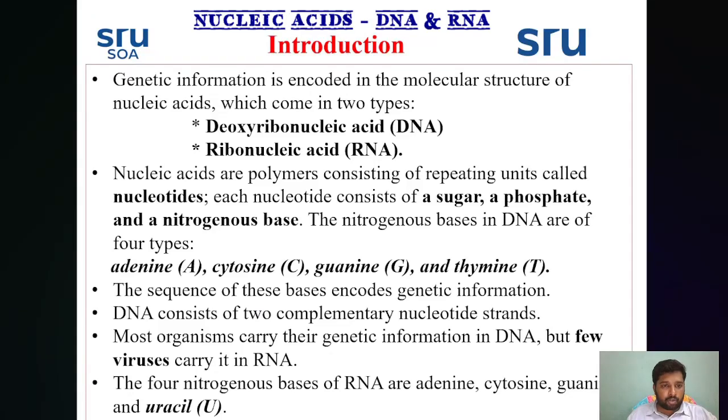Things about nucleic acids. DNA and RNA, the other two types of nucleic acids, where the genetic information is encoded in the molecular structure of nucleic acids. When we talked about genetic information, the hereditary information is passed on from a cell to its daughter cell at cell division, and from one generation of an organism to the next generation through